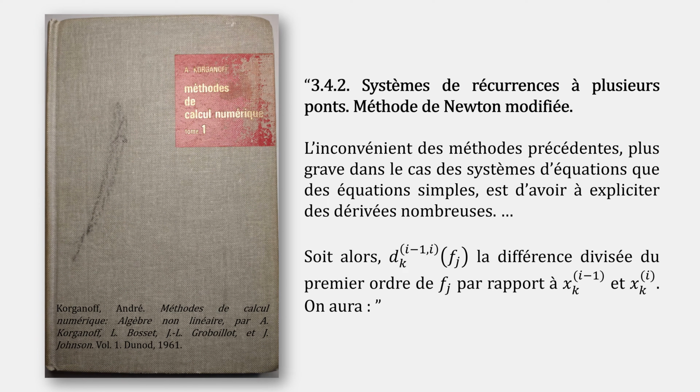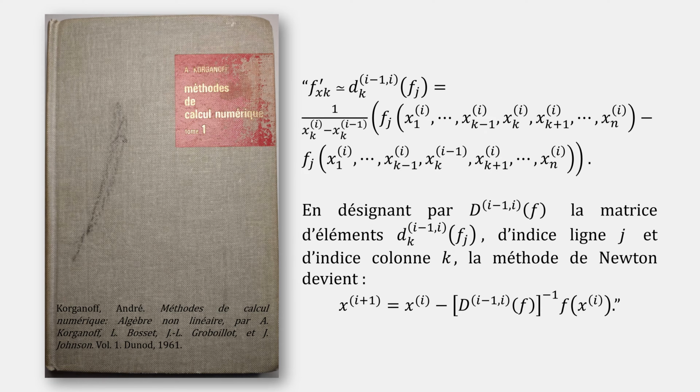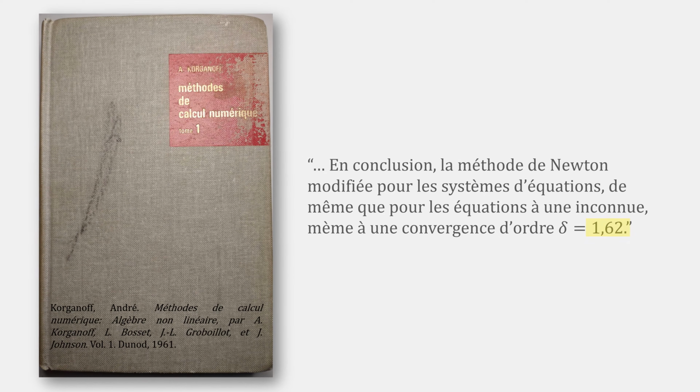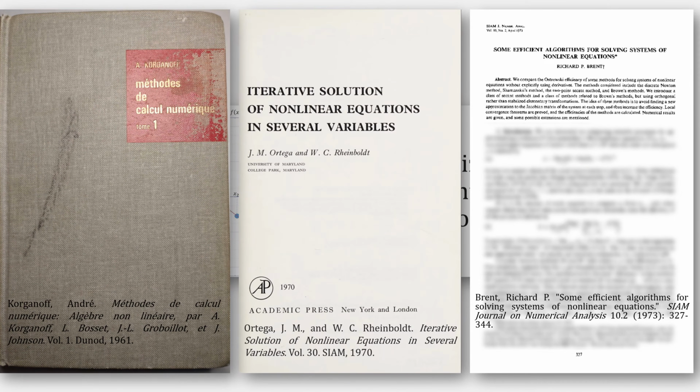I'm not going to pronounce the French, but Korganov essentially explains that the problem with Newton's method is this need for having so many partial derivatives, but those can be approximated using divided differences. Their modified Newton's method uses 2 points essentially to create their Jacobian. The author then proves that this method can also be used for solving single equations and that its order is 1.618. This method, though, is not the focus of this lesson.